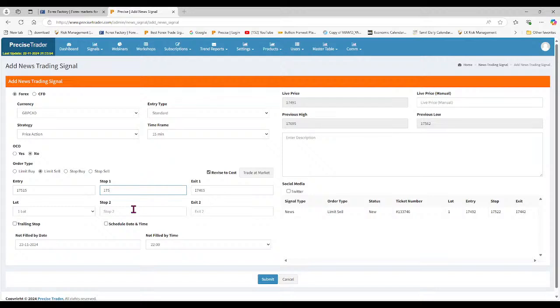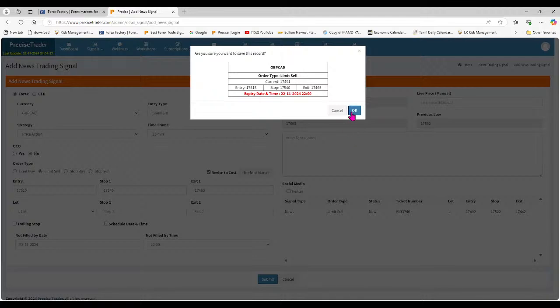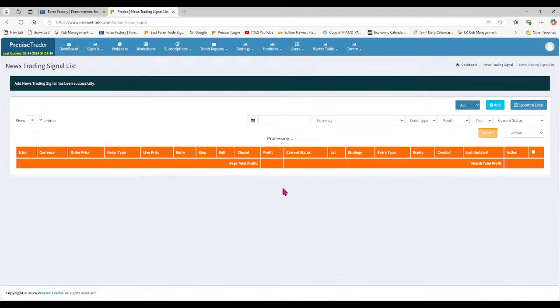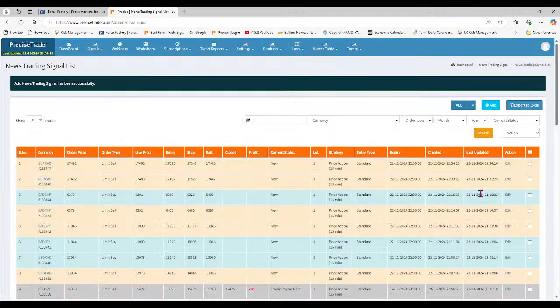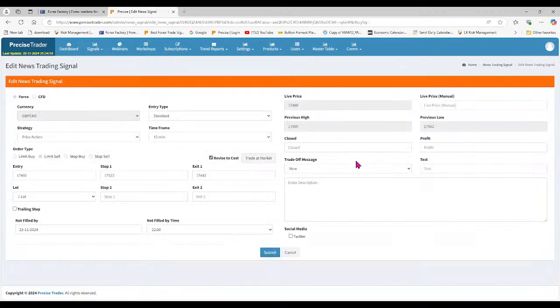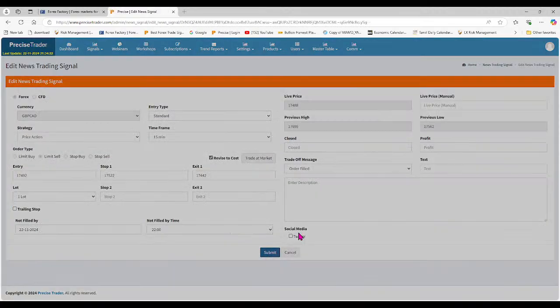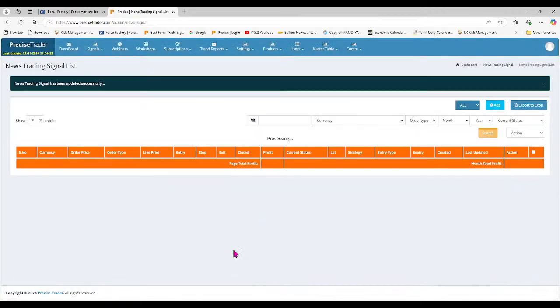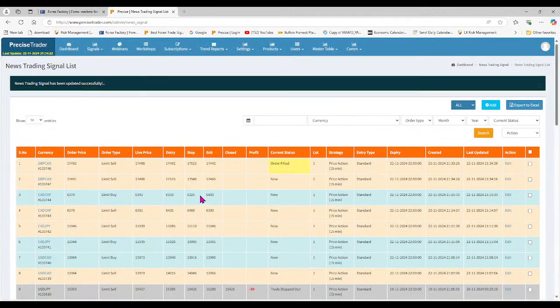75.15, and this stop we put as 40, and this TP we put as 65. Okay, 65 is good. So this is the next TP. I hope you understand. And this order we already entered at market, and we are already holding one sell. So now we have two orders